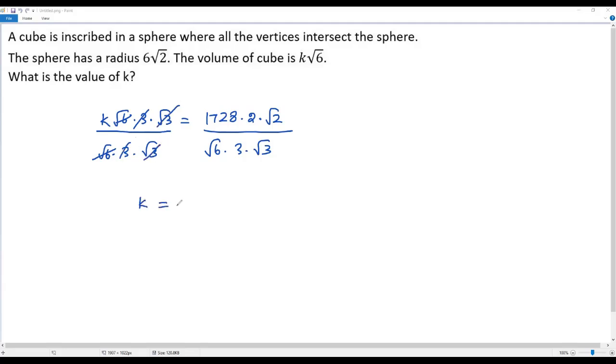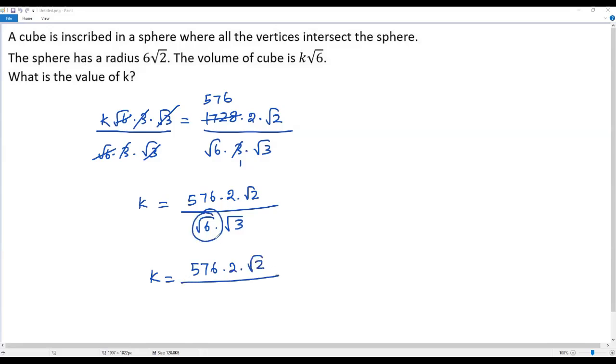I just get k on the left side, and here on the right side 3 goes into 3 one time and 3 goes into 1728. So 3 goes into 17 5 times and 7 and then 6. So 3 goes into 1728 576 times. So the resulting equation is k equals 576 times 2 times square root of 2 over square root of 6 times square root of 3. Okay, so we get k is equal to 576 times 2 times square root of 2